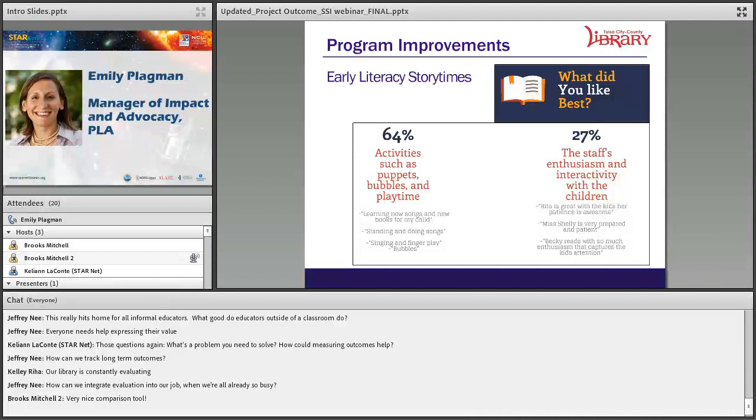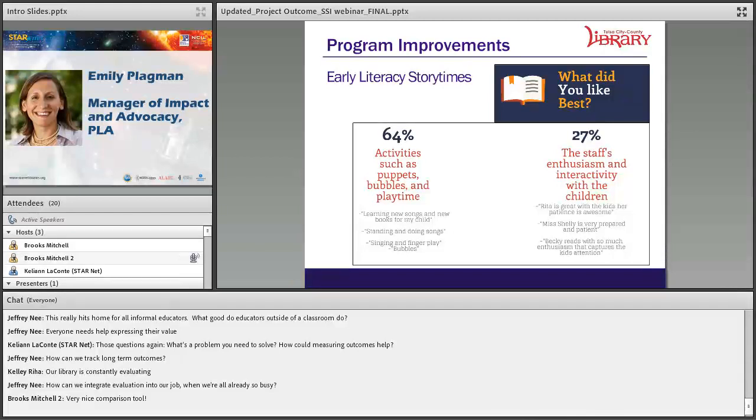So the Cleveland Heights University Public Library used Project Outcome to apply for a Dollar General Summer Reading Club grant to support their early readers program. By using Project Outcome and the Summer Reading Caregiver Survey as their evaluation method, the library is able to set quantitative targets in their application. As a result, the library was awarded the $3,000 grant they applied for, and their early readers' results exceeded their